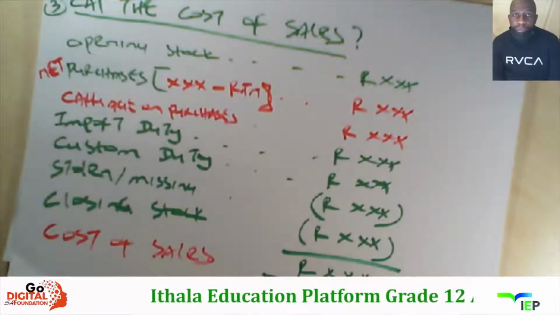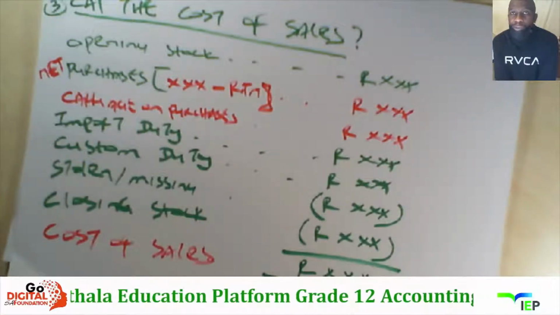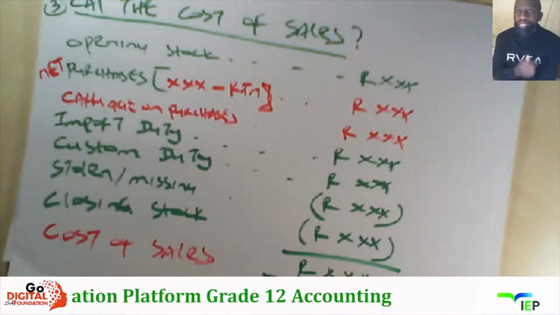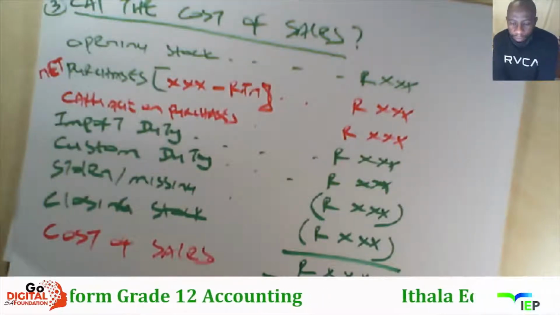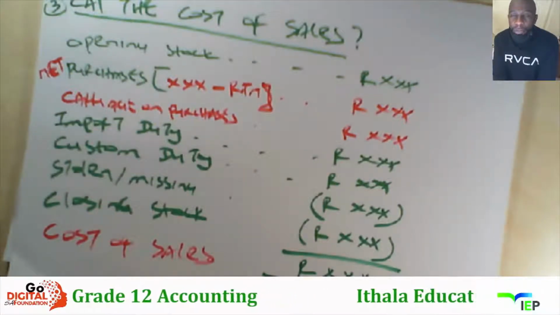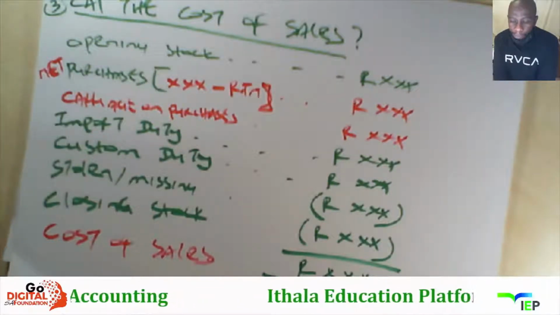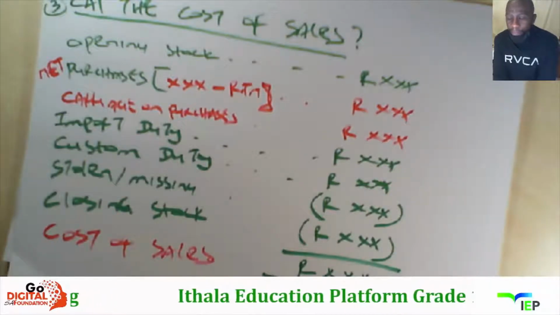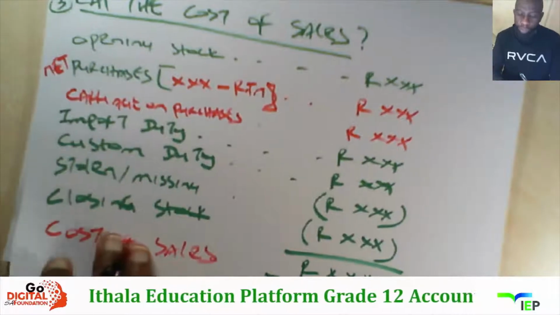And then from here, the last question that you must do, we said opening stock, add purchases, minus the returns, carriage on purchases. You have to be careful when you come to the carriage on purchases. Sometimes you can be given carriage on sale. Now we don't consider a carriage on sale, we consider a carriage on purchases. Import duty, maybe we are buying goods abroad. Import duty or custom duty, we are buying it beyond our borders. Or maybe there's a stock that was stolen or missing, less, and then minus the closing stock. And then the last question will say